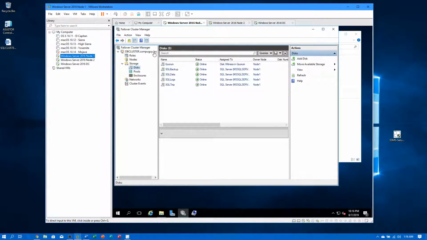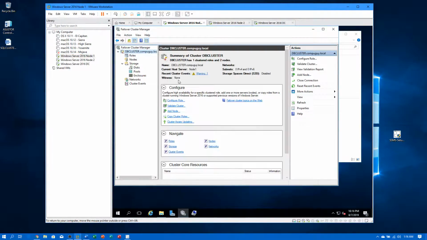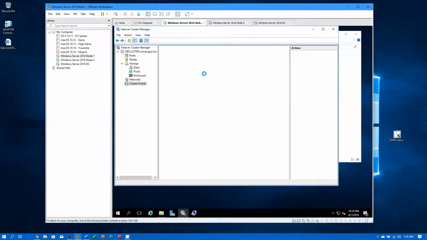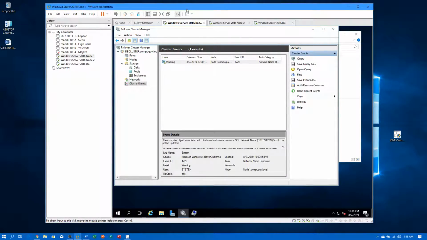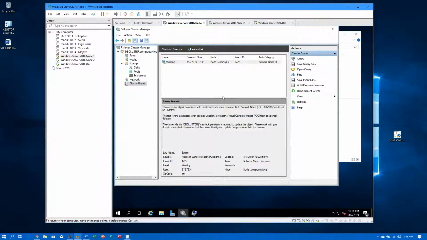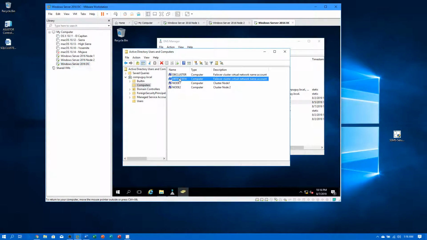If you happen to have any errors, you can definitely go through. You see here one warning error. Let's go through what this warning is. Okay, computer object associated with the computer SQL could not be updated. The text for associated code. So unable to protect. So what we have to do there is basically what it's crying about is on your properties